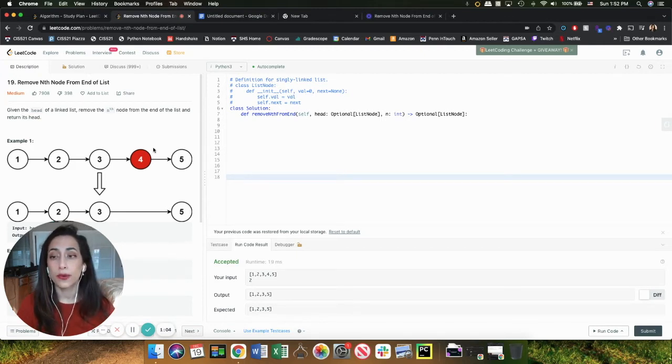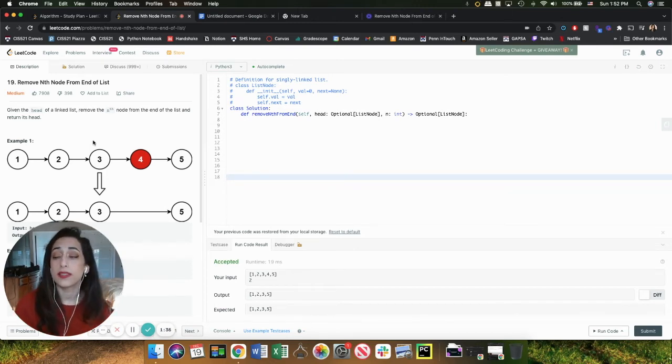So what we have to do is either go through, find the length of the linked list, and then go through again until we get to the length of the linked list minus n plus 1, so that we're at 3, not just 4, and then go ahead and set that next pointer to next.next. That works, but a faster way that we could do it, where we only have to do one pass,